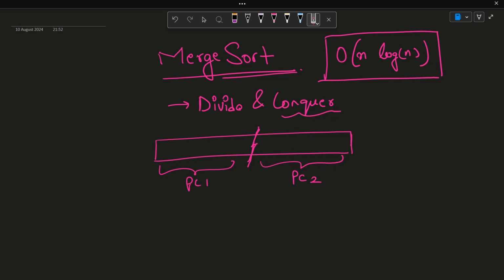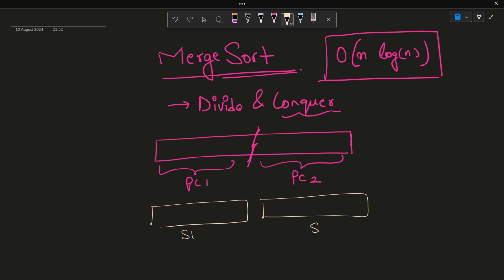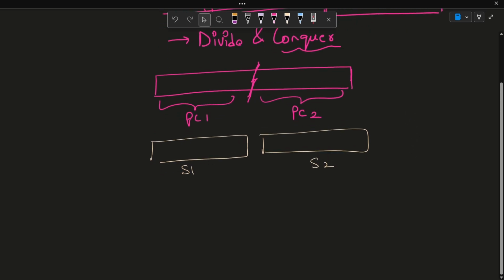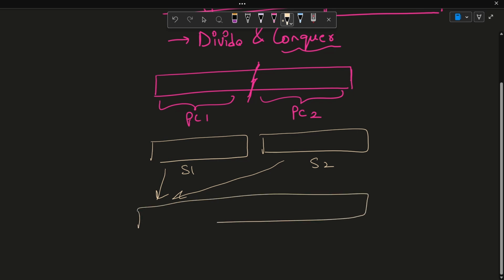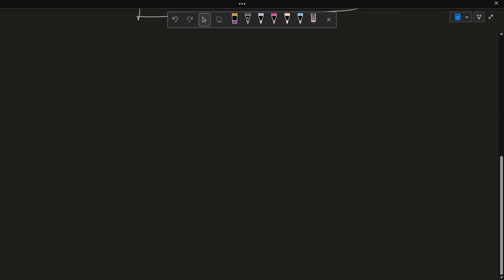Now when you do this, what you would have is two sorted arrays, sorted array 1 and sorted array 2. And now what we do is merge these two sorted arrays into a single sorted array. So that is the whole idea. You may not understand each and everything till the time we actually do a dry run or a trial version. So let's randomly initialize